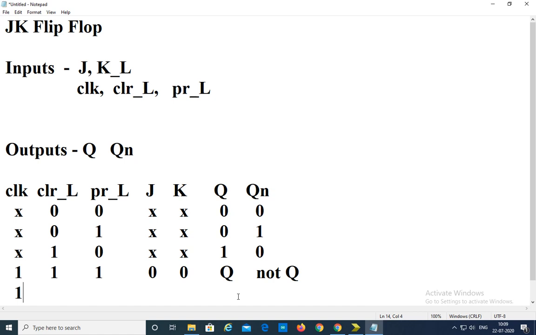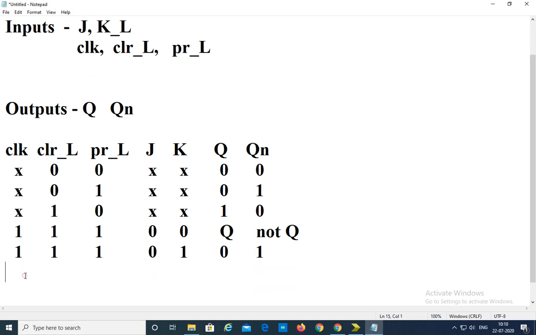Similarly, if clock is high, then check for 0 0 and 0 1 combinations. For the 0 1 combination of JK, output Q is equal to 0. If it is 0, then Qn should be 1, Q bar.